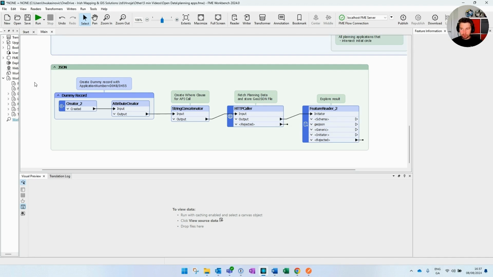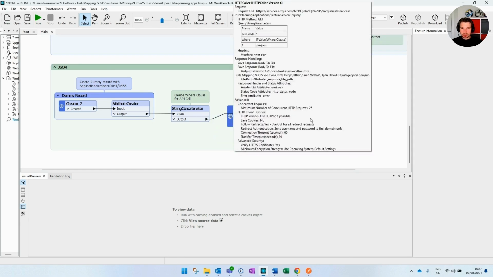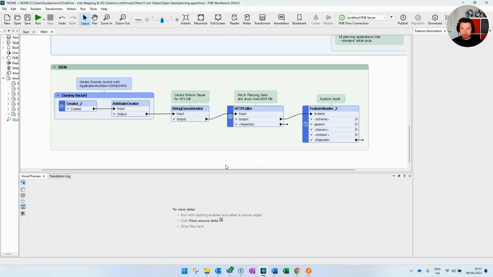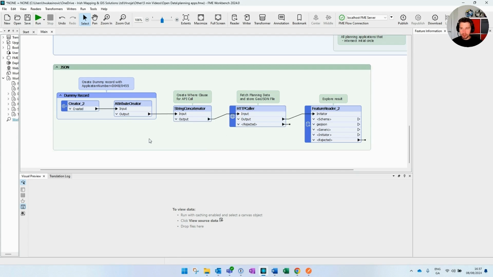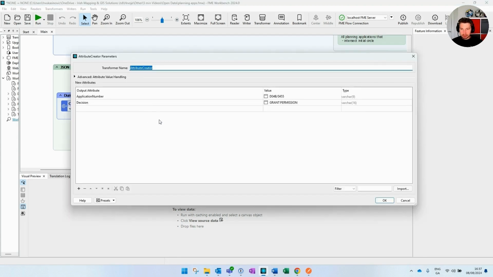call as I did before, but instead of using the FeatureReader to read directly using the ArcGIS format, I will be using the HTTPCaller. I've created an AttributeCreator, which has two parameters there. One is application number and another is decision, which would be grant permission. So we will be looking for an application with this specific number, and if it has grant permission